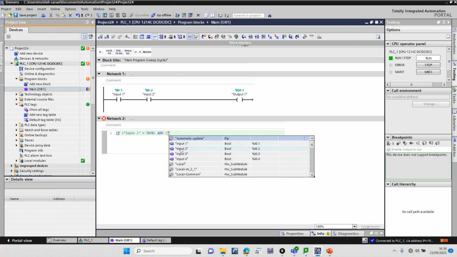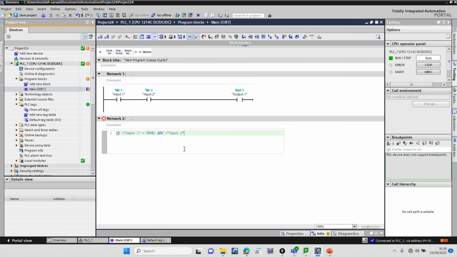So you can pick exactly which input address you want to define. I have used input number 1 already, and now I am going to go for input number 2 is equal to 1. 1 or true, there is no difference. Either of them will work. Then